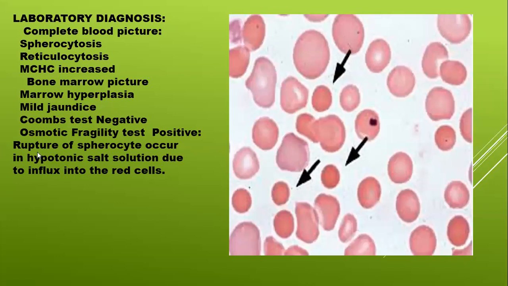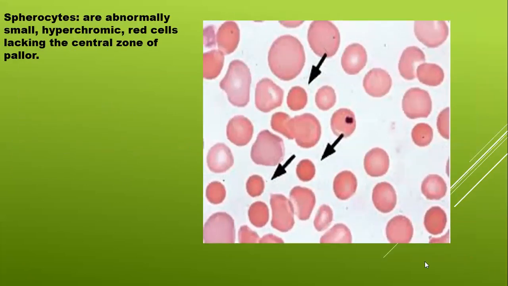In this osmotic fragility test, the rupture of spherocytes occurs in hypotonic solution due to the influx of water inside the red cell. The hypotonic solution enters the red cells, causing lysis of the red cells. This is the diagnostic test for